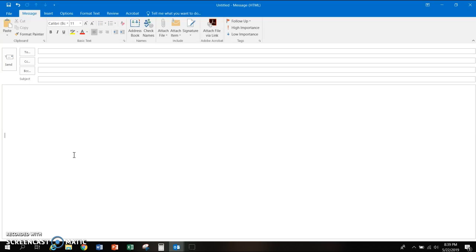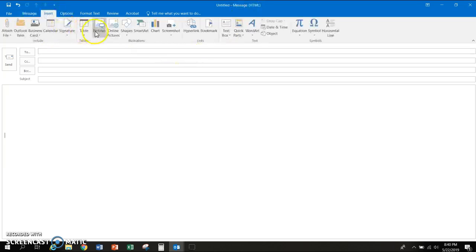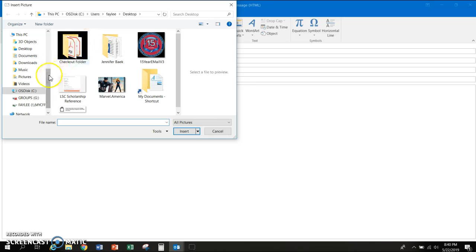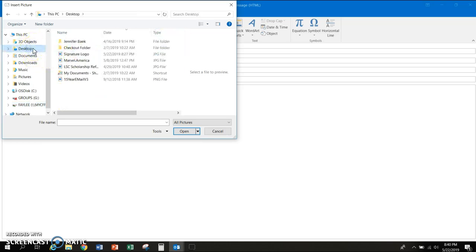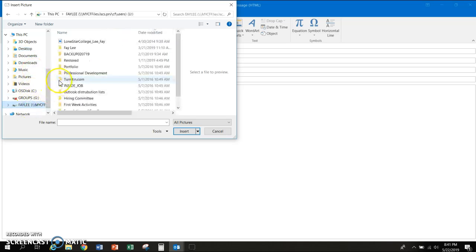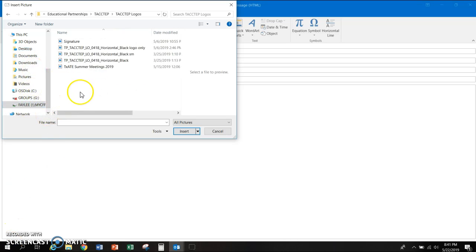your email post. It's easier to create it here because I'm going to show you how to snip it using the snipping tool. So now I am going to go to the Insert tab and now insert the logo. I put it on the desktop. Sorry, I put it somewhere else. Okay, so now I'm going to insert the logo itself only